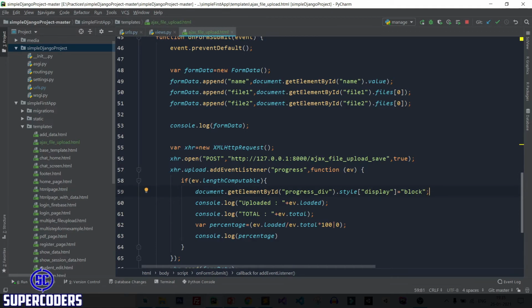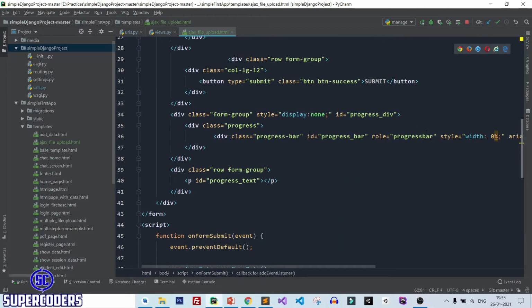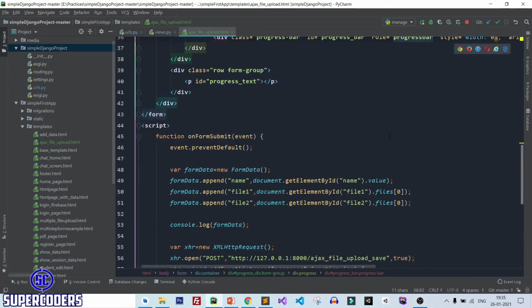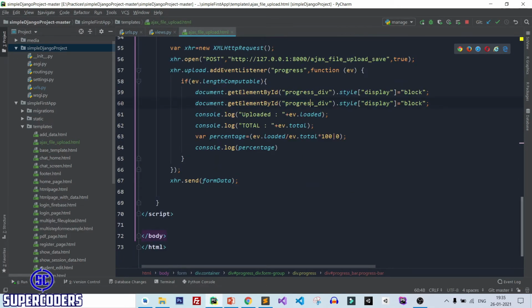After that, copy the same line again, and this time progressBar, which is the id, and here width equal to percentage.